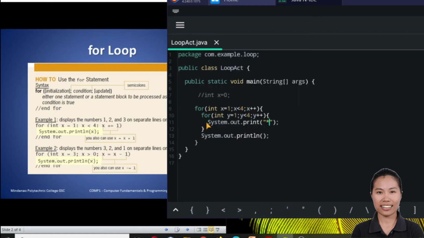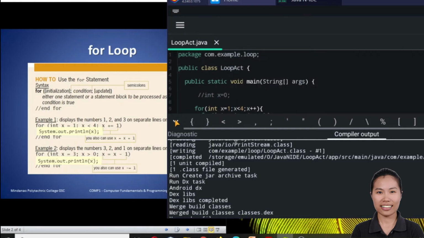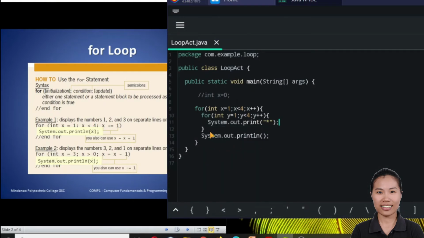Tapos yung input natin, or I mean the print natin is 1 asterisk lang. Okay, so yung output niya is ito, 3 in every row. 3 rows tsaka 3 columns of asterisk. Okay, so ito kasing inside loop mo represents the